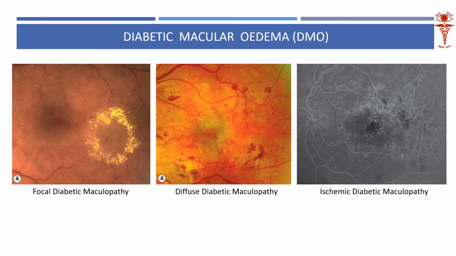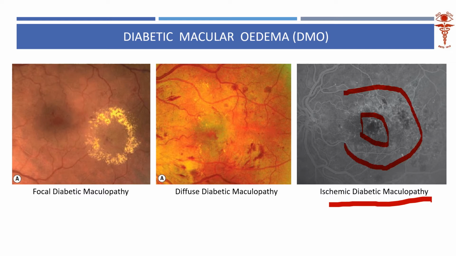So when you see a diabetic maculopathy, when the macula itself is most affected by the diabetic changes, then you will do a fundus fluorescein angiography to assess the foveal avascular zone. Can you see? This is the foveal avascular zone, and this is the whole macular region. In that, the foveal avascular zone should not expand beyond 350 microns. If the foveal avascular zone expands beyond 350 microns, then it is ischemia in the macula, which is still more dangerous. Okay.